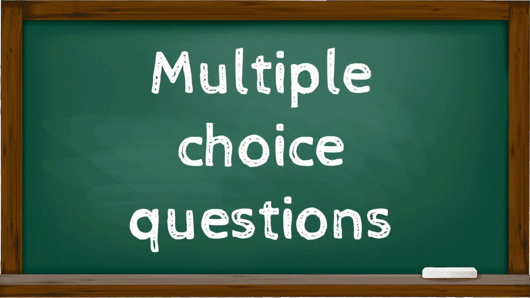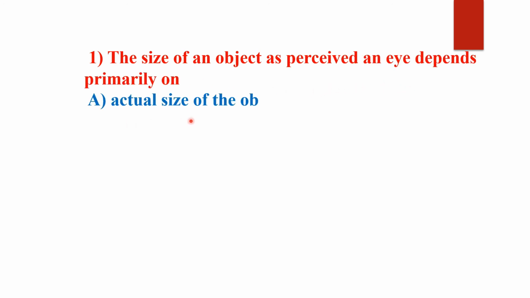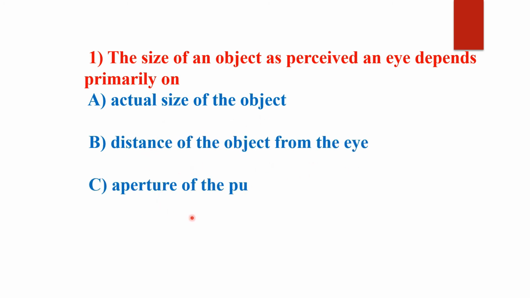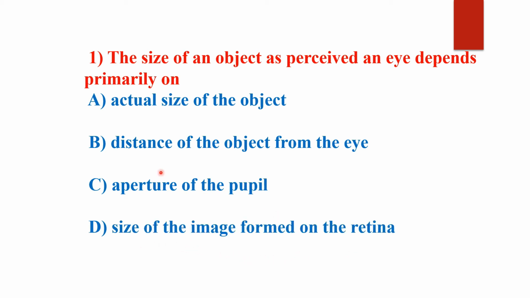Multiple choice questions. Let us discuss. Next: the size of an object as perceived by the eye depends primarily on the actual size of the object, distance of the object from the eye, aperture of the pupil, or size of the image formed on the retina. Here, the size of the object as perceived by the eye depends primarily on the distance of the object from the eye. Second option is correct, that is option B is correct. Okay, next,